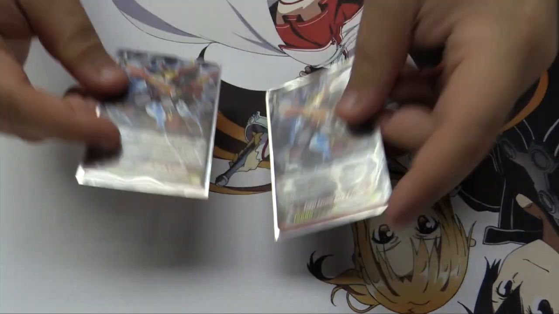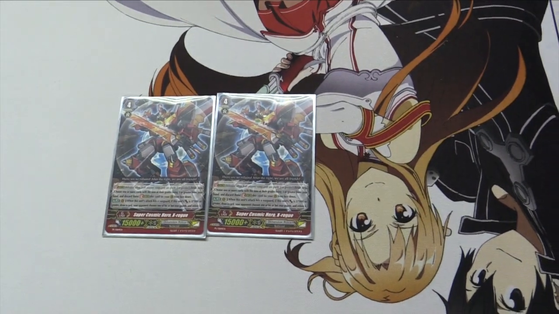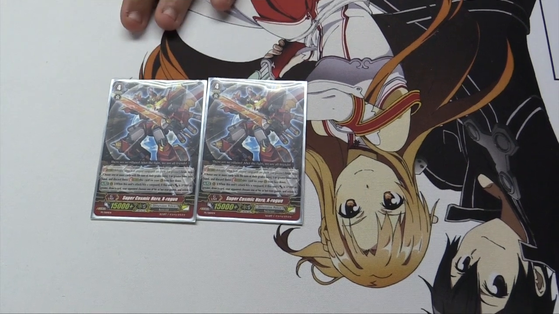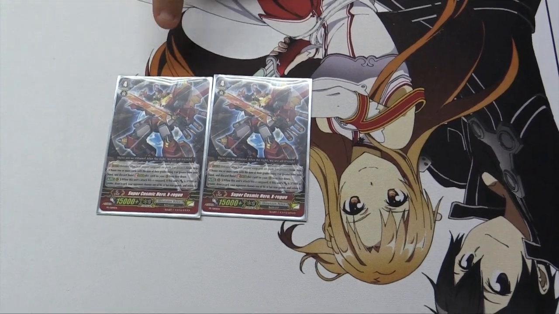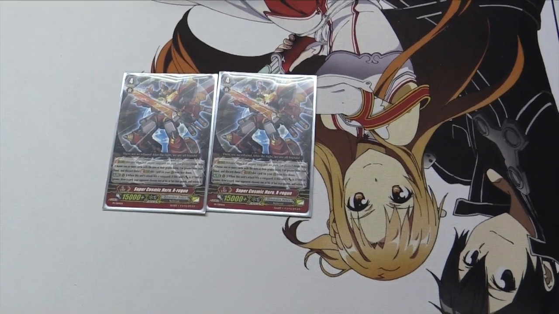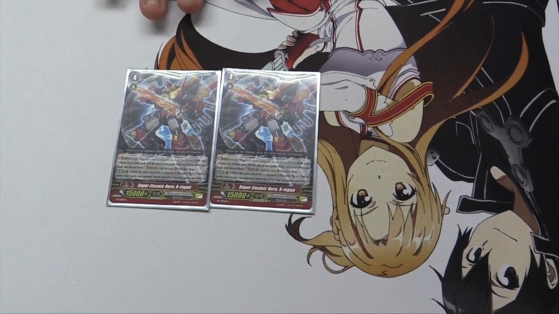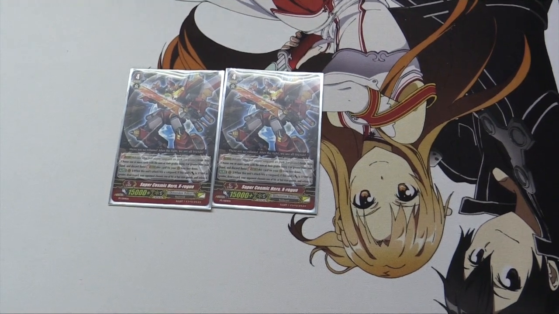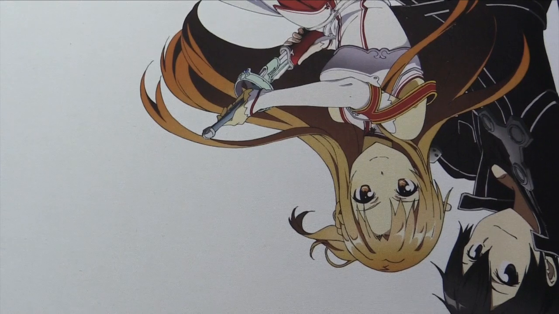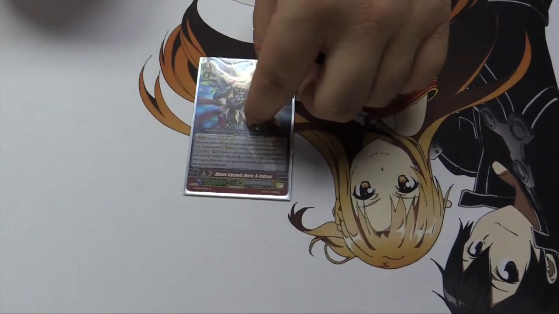I run a pair of Super Cosmic Hero X Rogue. Good card. If you have Die-Jet out, use Die-Jet skill to power him up. If he hits, and his power is 37k or greater, you draw a card and retire a rear guard for free. No cost, just draw and retire. It's good for setting up your hand size. Nice card. Oh my god, yes. The last G unit is